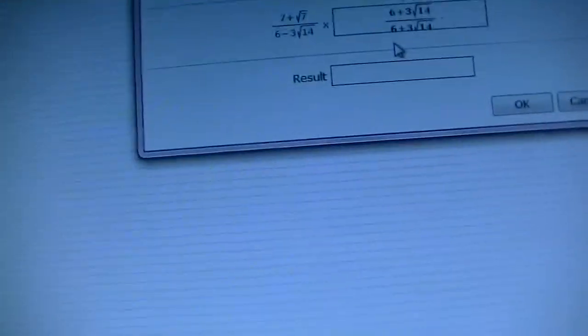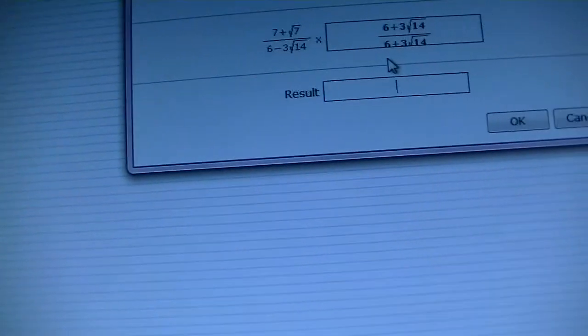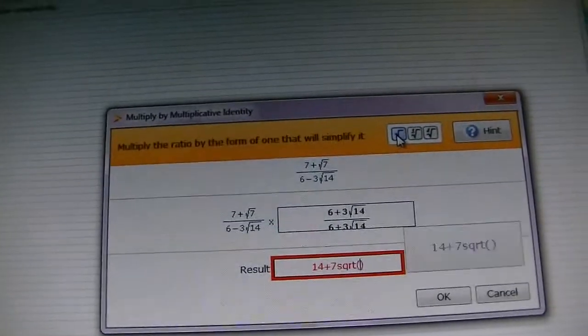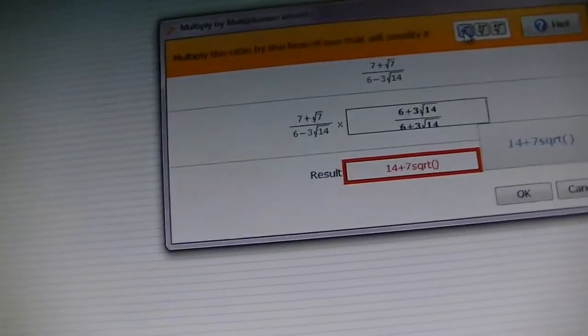So now I write, and I think I'm going to leave the negative underneath for now. So I'm going to write parentheses, always use parentheses, 14 plus, oops, I use a plus, 14 plus, now 7, I'm looking at my notes, 7, and then I bring down this radical sign from there, 14